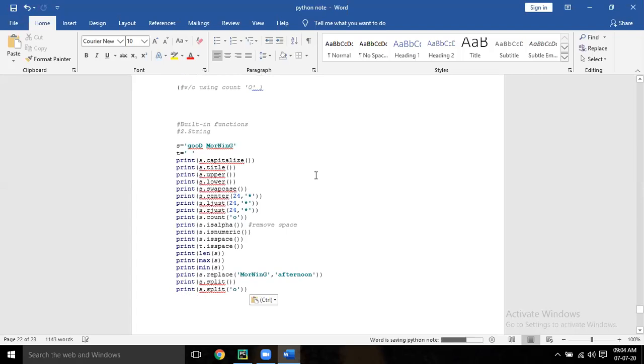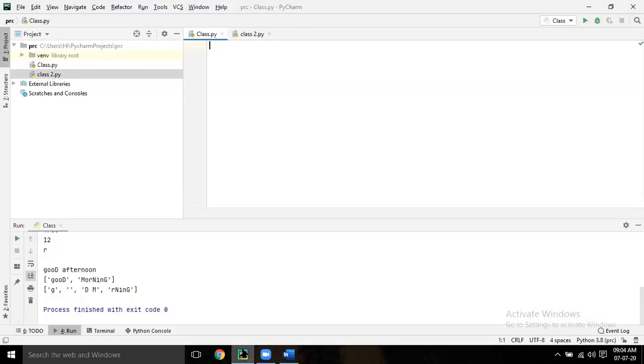Now, next one is the built-in function in list. Create a list. Let's say L equal to, within list 1.